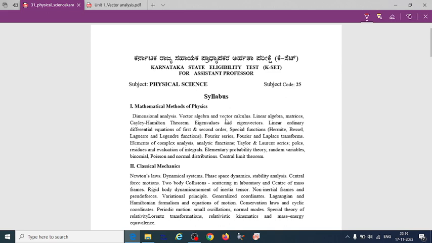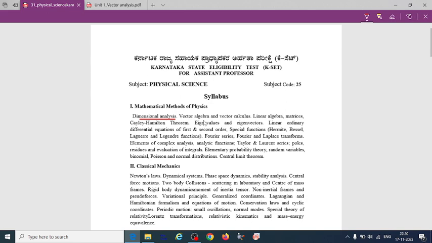In the previous videos I also solved some of the problems related to MMP. So we will start in a proper way. In mathematical methods of physics, if we take dimensional analysis, I have made one video on units and dimensions, how to write units or dimensional formula for a physical quantity. Just watch that video. I will share that video's link in the description box.